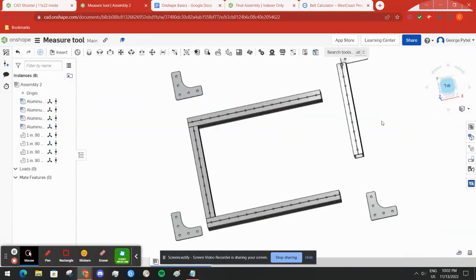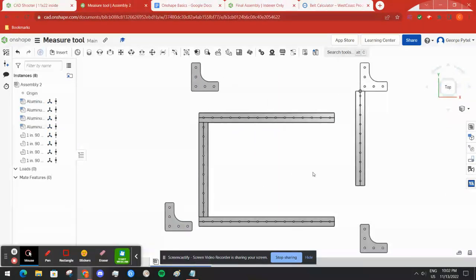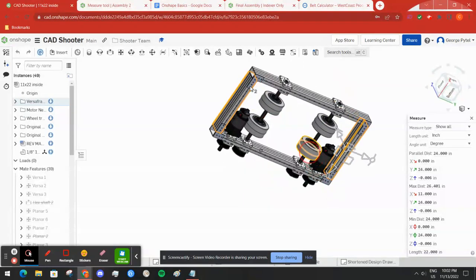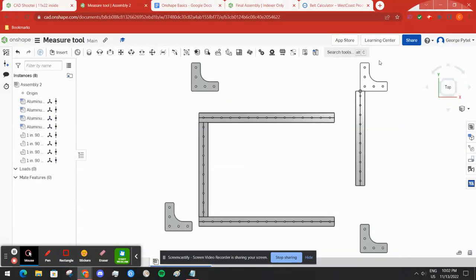So here is a very basic representation of just some parts I loaded in MKCAD to make basically a box. It would be no different than how we mounted this shooter. We had the same exact brackets up here, and all we did was just rivet them into a box. So I've already done these two, and